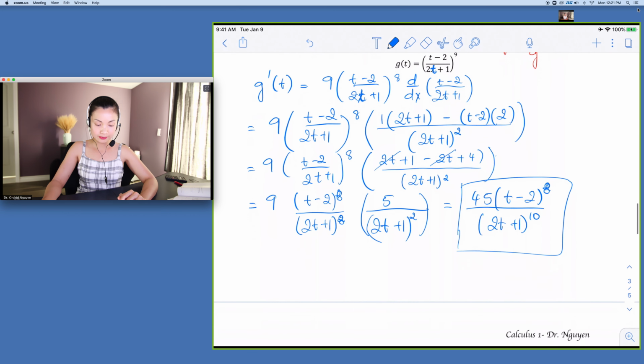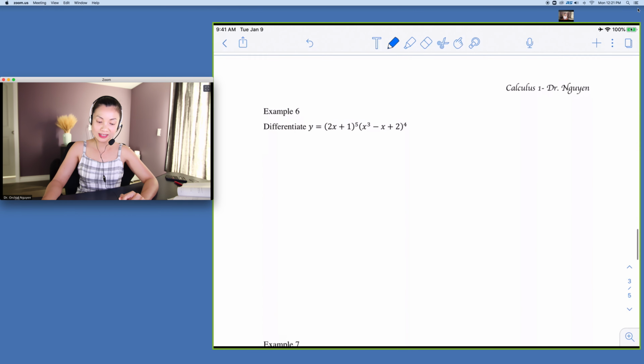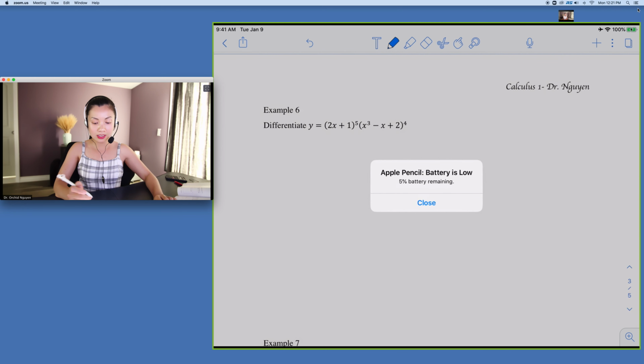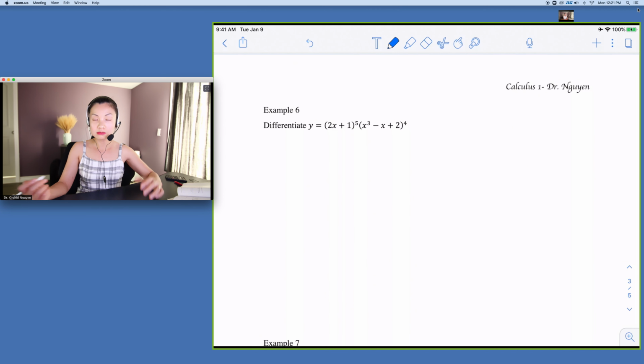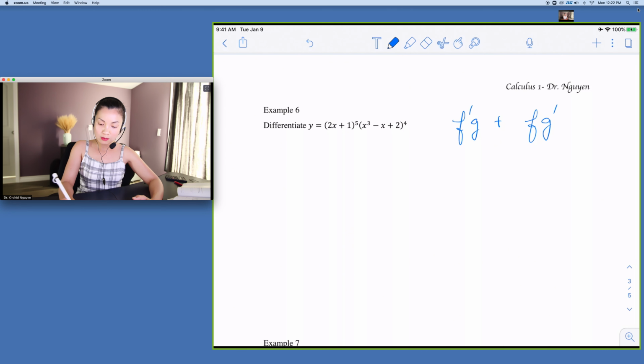Okay, moving on. Example 6. So what we have right here is just simply product rule, right? So for product rule, it's actually easier than quotient rule. So I'm just going to put f prime g plus f g prime like that. It really doesn't matter what the order is because we have addition. Okay. So let's take care of